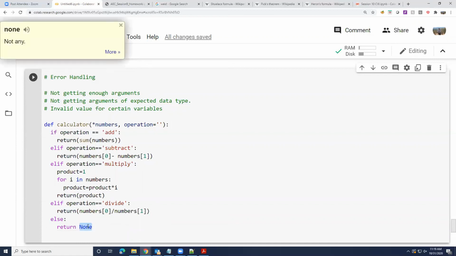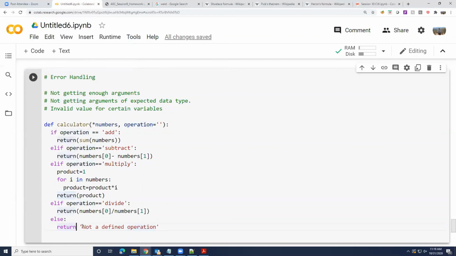If you want, instead of returning null, you can say not a defined operation, or you can even say operation is not defined. Error in input operation. Sure, something like this.